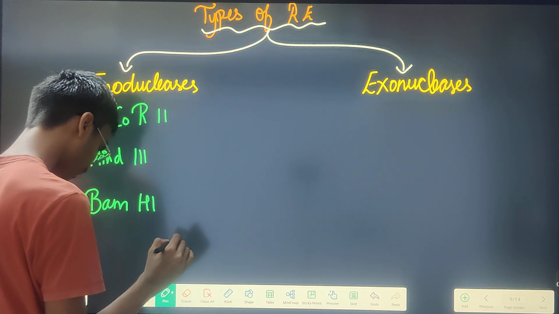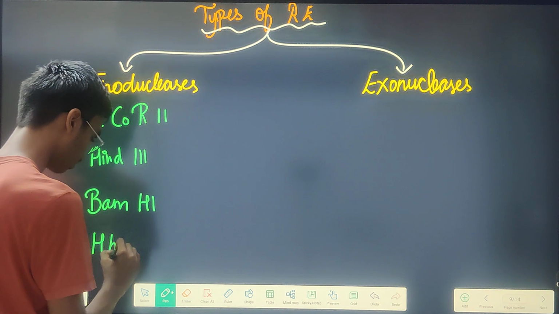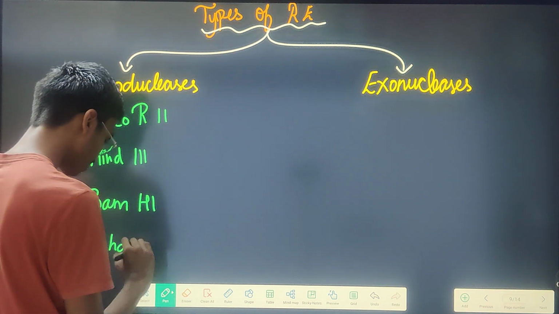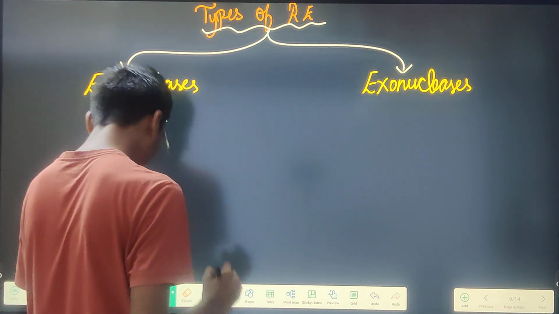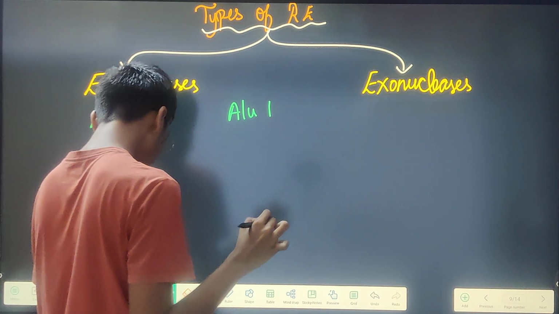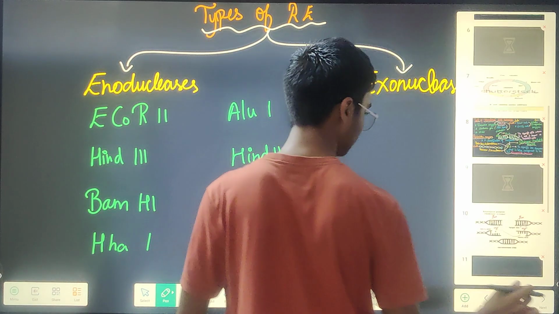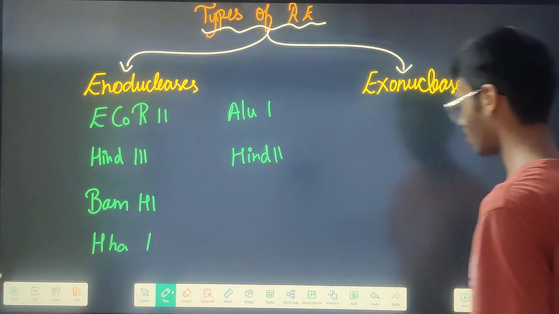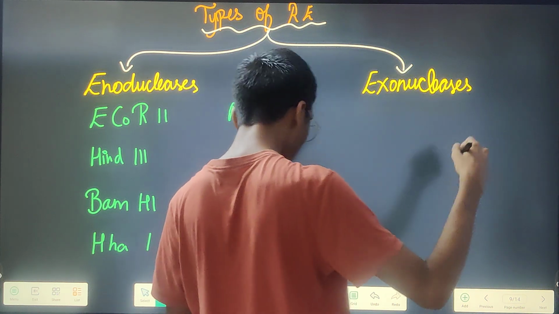Then also we have H, like Ha. Okay, so Ha1. Then we have LU, okay, LU1. Then we have Hind 2, which is what had been discovered in the year of 1963. In the year of 1963 they discovered this only. Then over here we are having